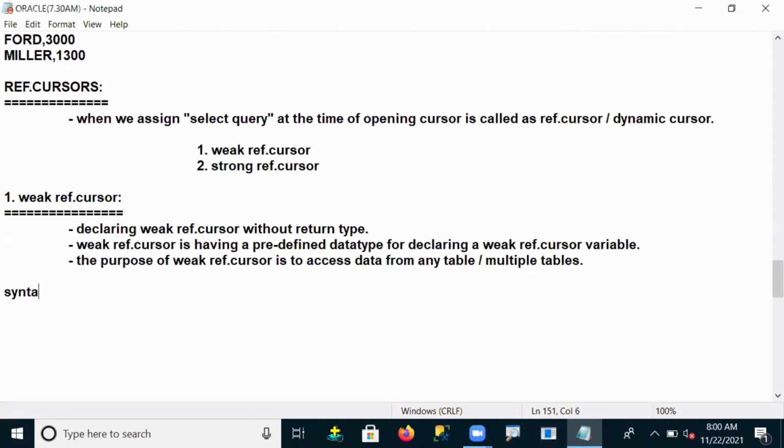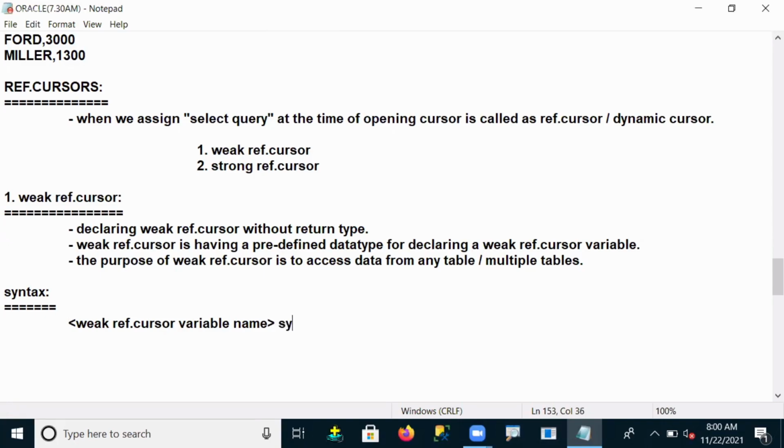But how do we declare the weak ref cursor variable? Here we have the variable name, and then the data type.